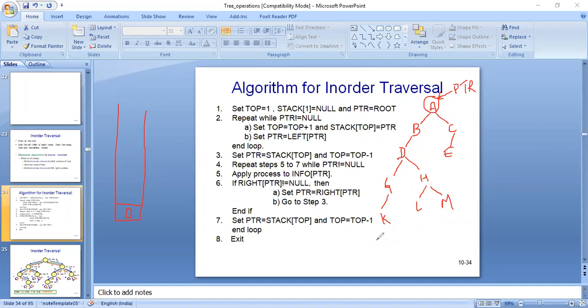So these are the leftmost nodes of our tree. So we are pushing here A, B, D, G, and K onto our stack.